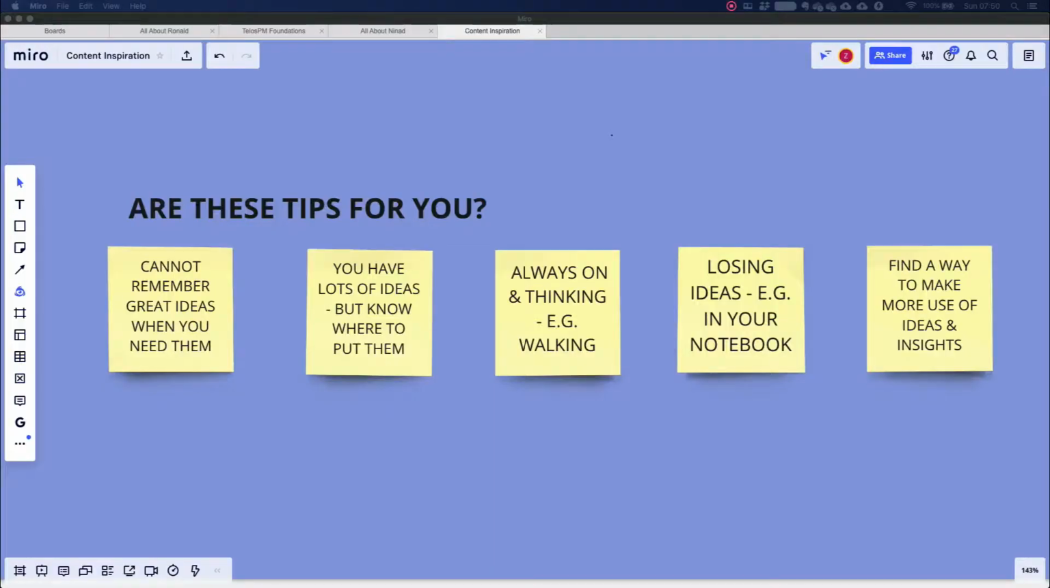Here is my 3-step process to capture, organize, and utilize insights and ideas on the fly. These tips and this system is for you if you cannot remember great ideas when you need them, or you have lots of ideas but you don't have a consistent place to put them, or potentially you're always on and always thinking and you come up with great ideas when you're in the wrong place, like out for a walk,